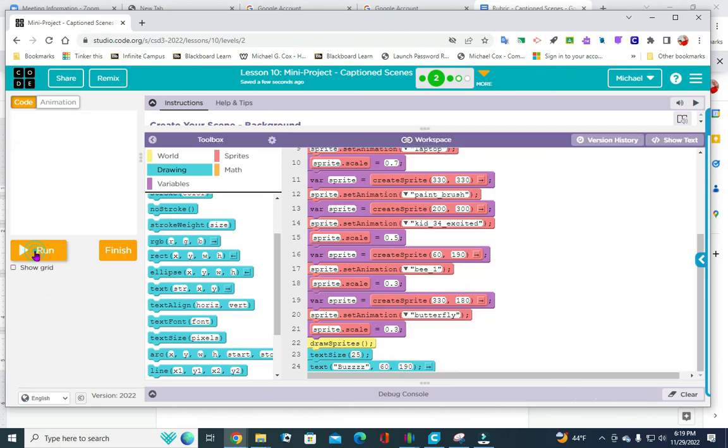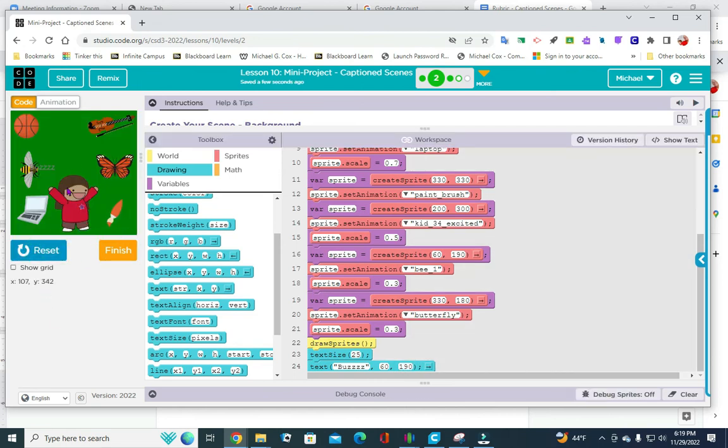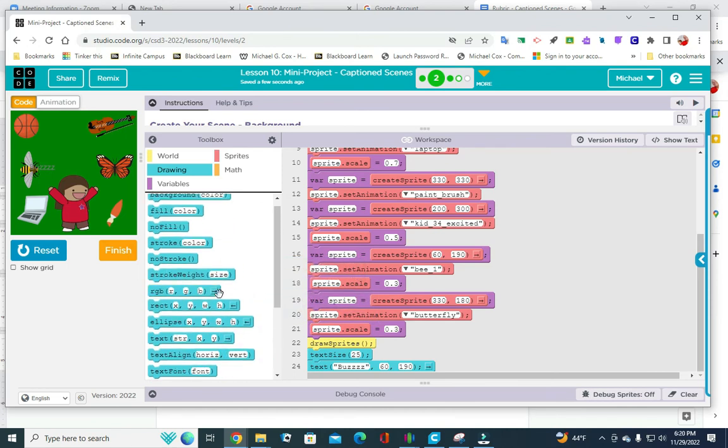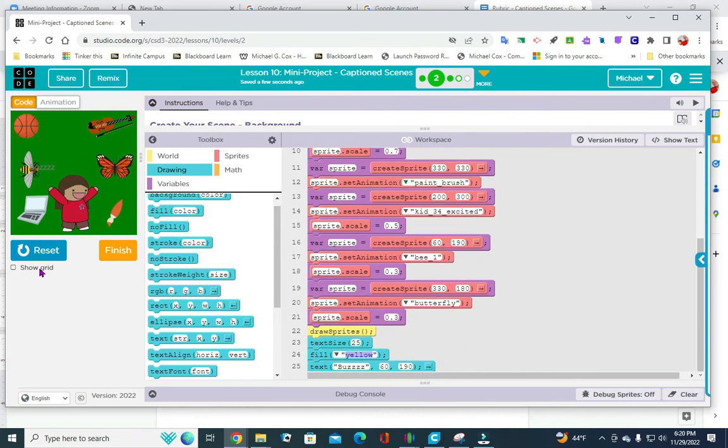So I'm going to hit reset and run. And oh, it's right here. You can barely see it. So we're going to have to put a text color in there. Or fill color. Put that underneath text size. And let's see. It says yellow now. See, you can see it now a little bit better. Let's move it over a little more. Let's put it at 80. The X on 80. Okay,